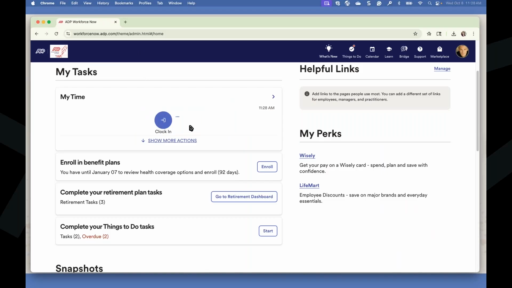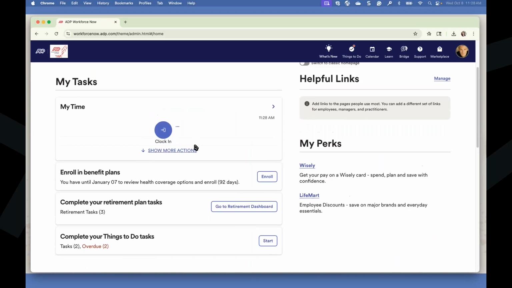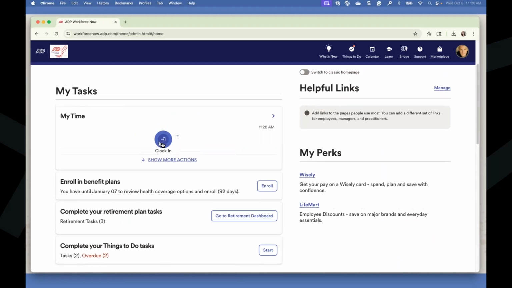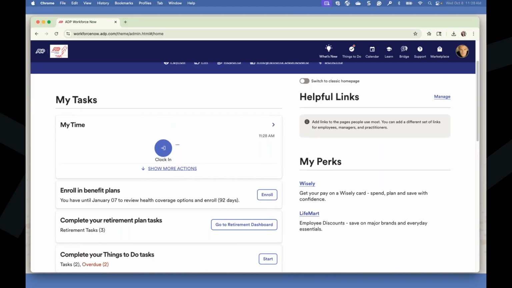So speaking of time, and the big time button here on my main screen, how else can your employees clock in and clock out? Again, we know they're on the road. They're not always available for a desktop. Well, they can use their mobile app if you want them to. They can go ahead and use a kiosk on a mobile device, which I'm going to show you here in a moment. And if you do have a specific location and you want to have a time punch someplace, you can go ahead and do that as well.